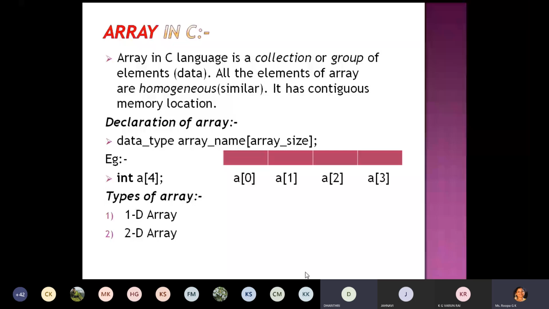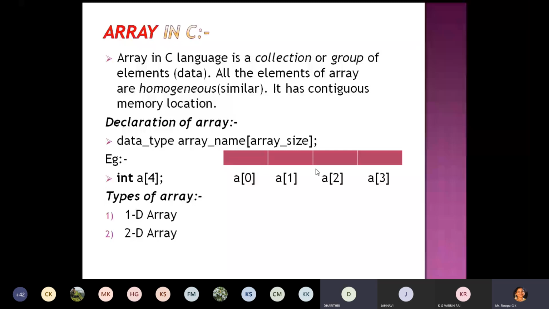Elements are stored in contiguous memory locations. So an array is a group or collection of homogeneous elements stored in contiguous memory locations. Declaration: data type, followed by array name, followed by array size. One diagram I have given here.